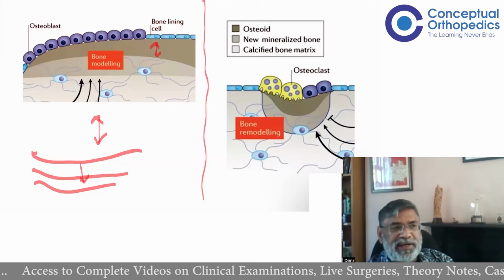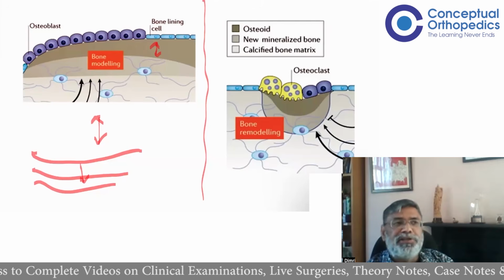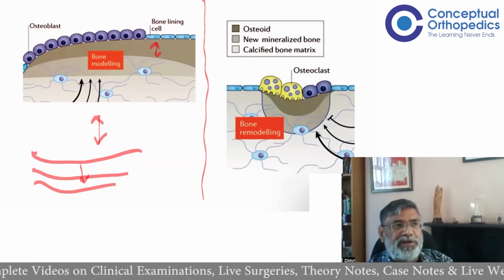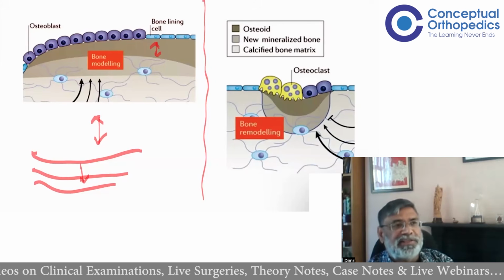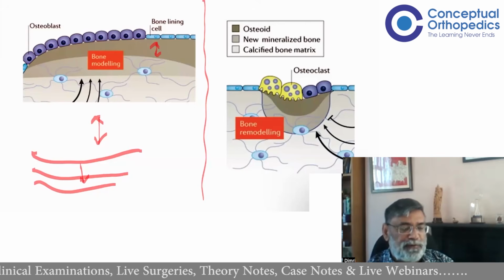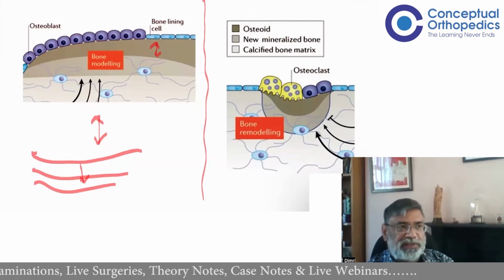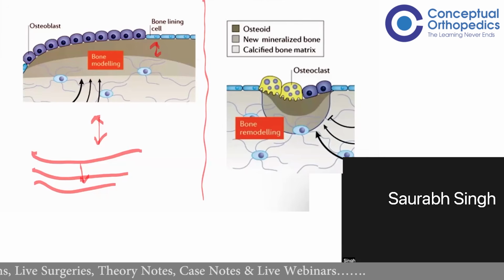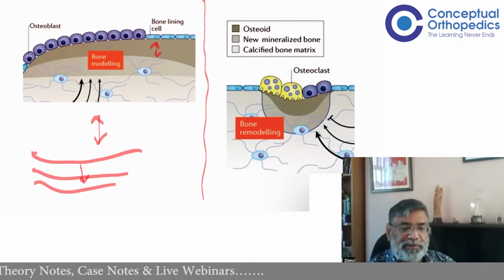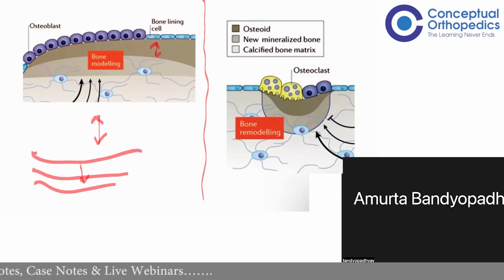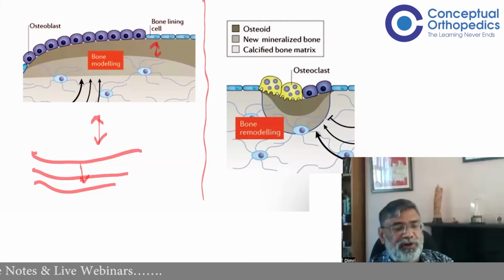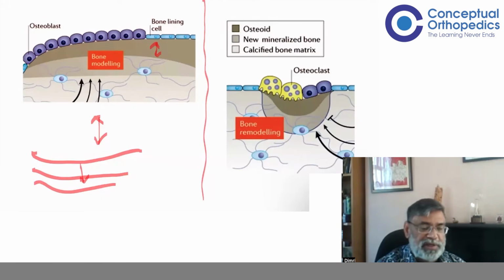So what is that process called, Saurabh, when you say, let's say you got a slightly angulated tibia, and then bone senses that on some side I have to form more bone, on some side less bone. What is that process called? So that is remodeling, sir. Yeah, and what is that phenomenon or law called? Wolff's law, sir. Wolff's law, yeah. So Wolff's law is followed. That means bone is resorbed and formed according to mechanical demand. That's all Wolff's law is. What is Wolff's law? Suppose I've got a